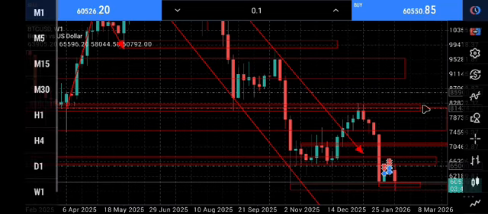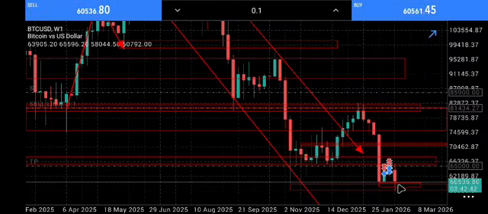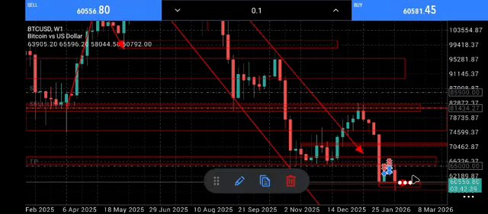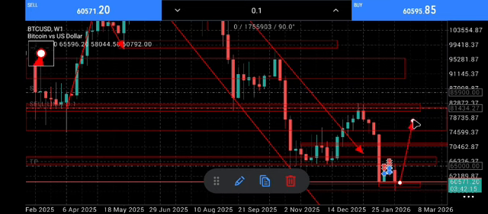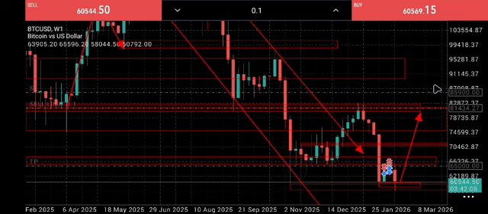According to my analysis, if my price gets up to there, my anticipation, or my speculation, is that this price